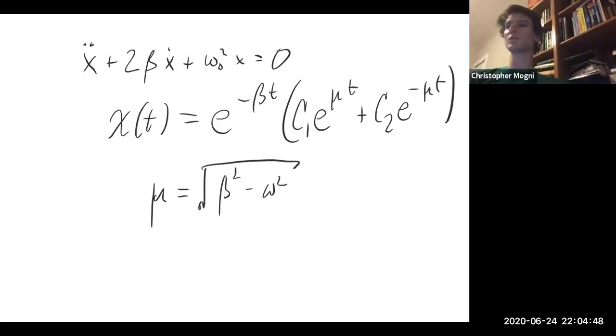To point out the conceptual bit here, depending on the size of omega compared to beta, the square root is either going to be real valued, imaginary valued, or equal to 0. So this solution is valid if you have no damping, weak damping, or overdamping. The solution is slightly different for critical damping